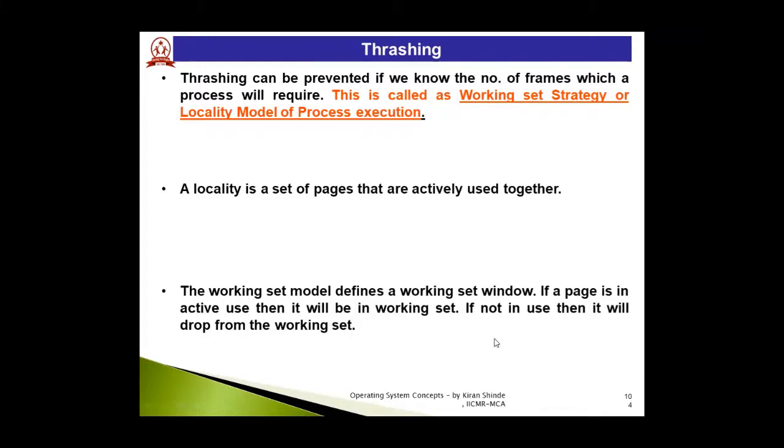It means if a process requires 10 frames, and out of those 10 frames, 4 frames are shown in the working set, what does that mean? Those 4 frames are actively used by that process. So what will be the benefit? With the working set, the system will understand which pages are mapped to these active frames and are actually used by that process at that moment. That will be the use of the working set for the system, and with it, to some extent, thrashing can be prevented.